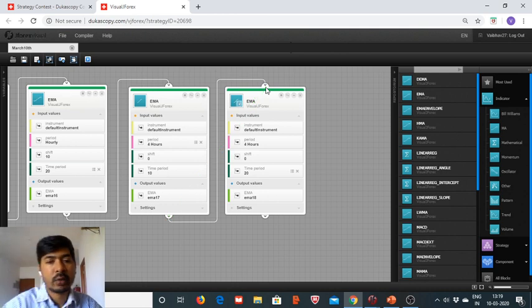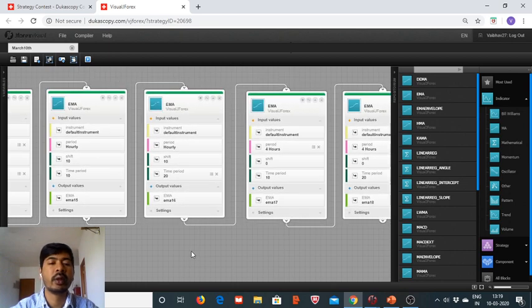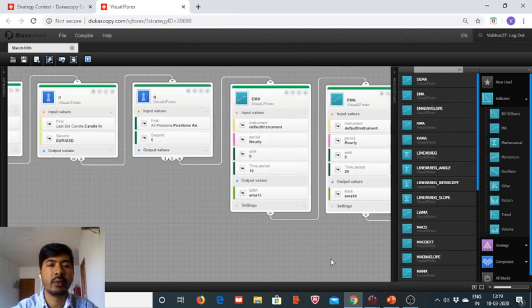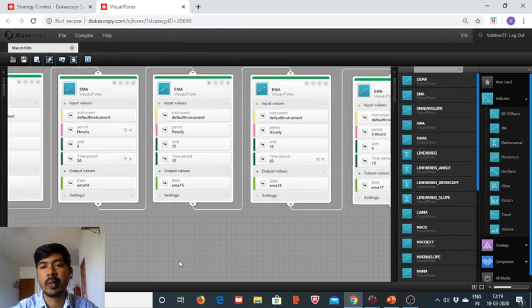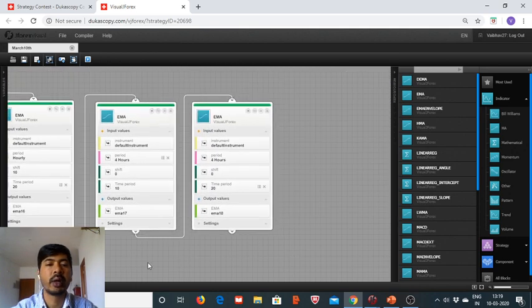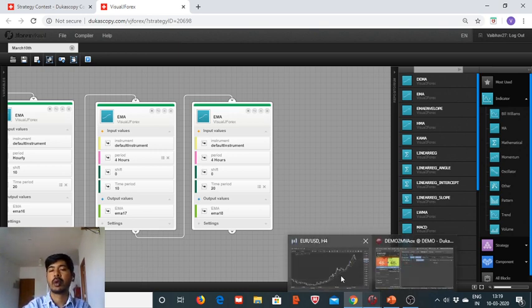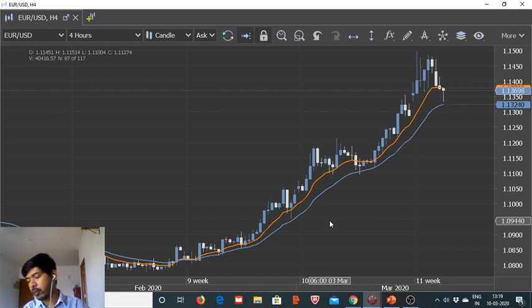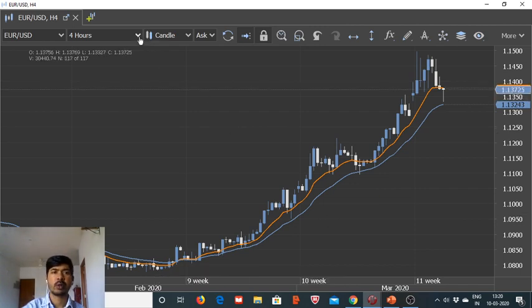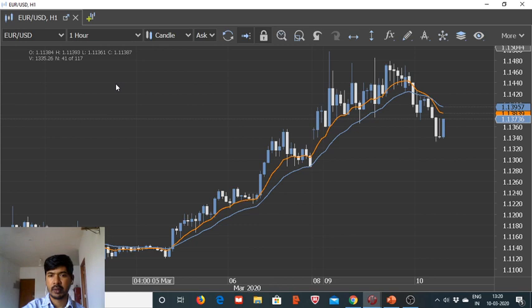Okay, so far so good. We have added 2 layers of EMA blocks, and now the question remains: these are backbone conditions. Now the other question will emerge: when to go for a buy and when to go for a sell. So what should be the immediate price action? And since we are not employing any indicator for the time being, we will need to make sure that our entry point